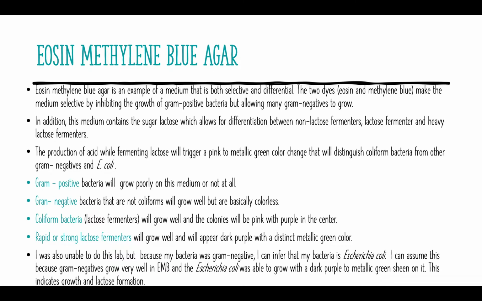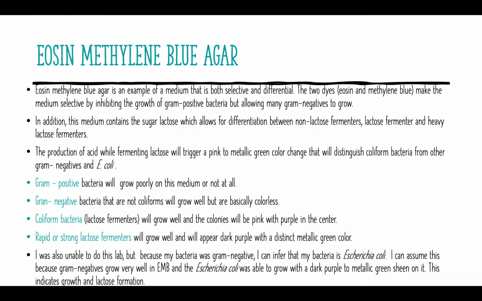Okay, for eosin methylene blue agar. It is an example of a medium that is also both selective and differential. The two dyes, eosin and methylene blue, make the medium selective by inhibiting the growth of gram-positive bacteria but allowing many gram-negatives to grow. In addition, this medium contains the sugar lactose, which allows for differentiation between non-lactose fermenters, lactose fermenters, and heavy lactose